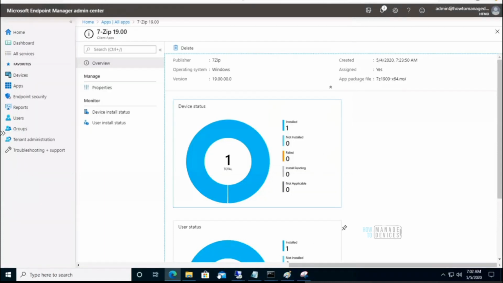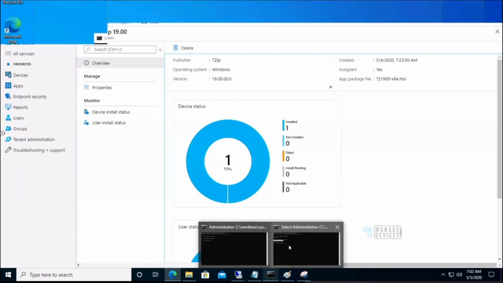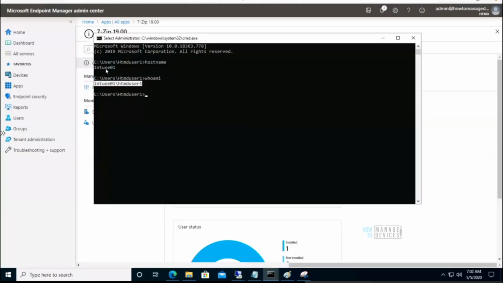Yesterday I deployed an uninstall application for mail, removing this mail client icon, but it didn't get deployed on my Intune 01 machine because I used a local username and password to log in to this VM.